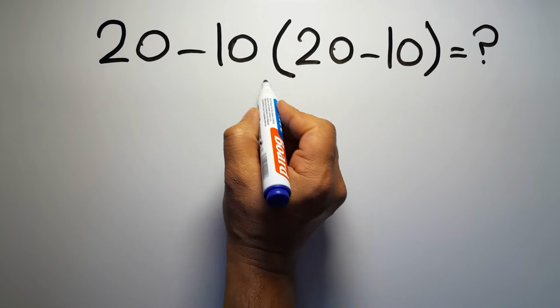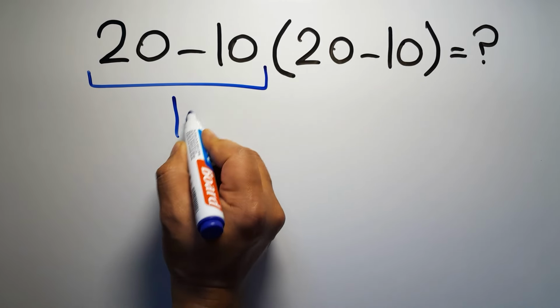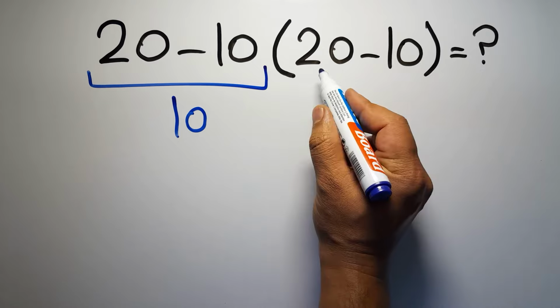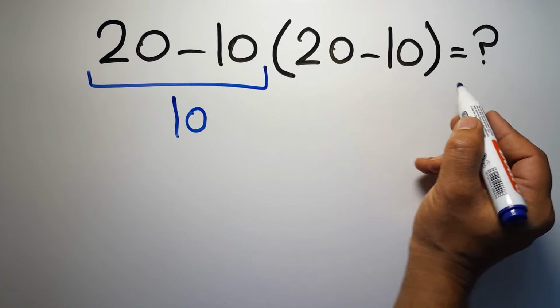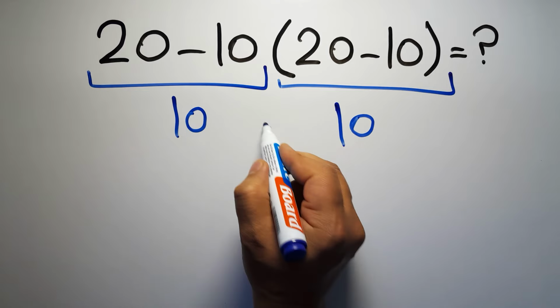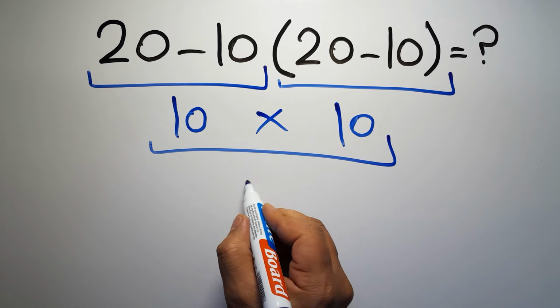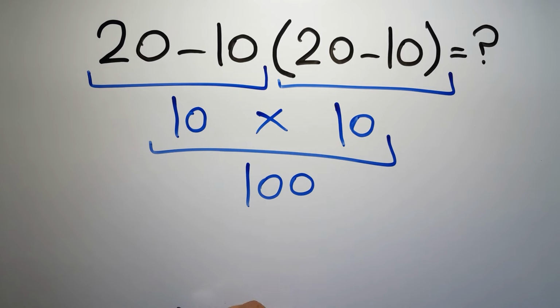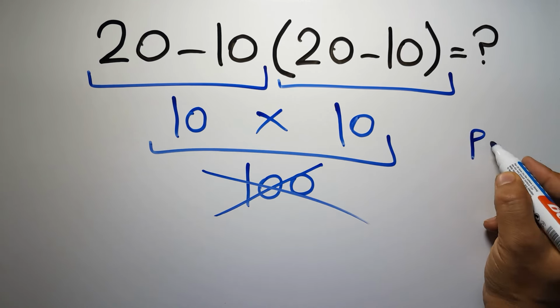20 minus 10 gives us 10. And again here inside this parentheses we have 20 minus 10. So 10 times 10, which equals 100. But this answer is not correct, because according to the order of operations, first we have to do parentheses, then